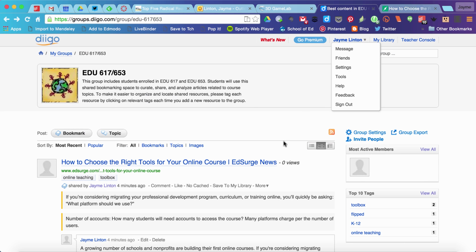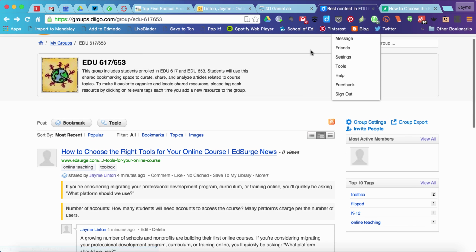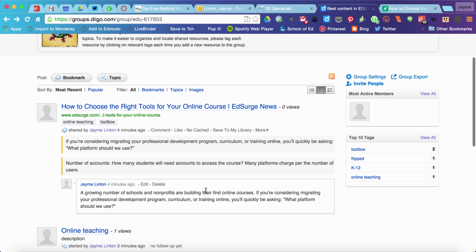So again, the expectation is that you'll spend at least 30 minutes a week adding resources, commenting on those resources, annotating the resources, or participating in discussions around these resources. So go ahead and get started with joining our